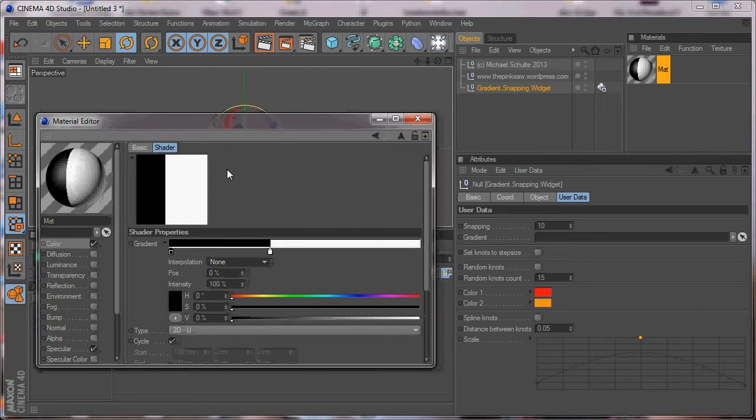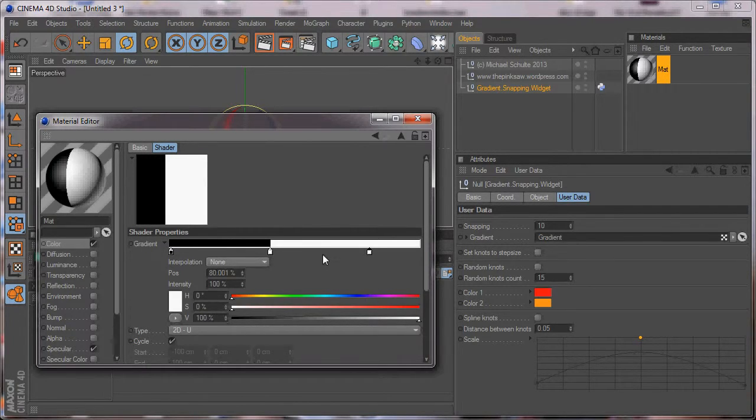So, as you can see, we have a material with a gradient, and I want to connect the gradient with the widget simply by dragging it into the slot. What now happened is the widget rearranges the knots you insert into this gradient to the position entered here, which means a